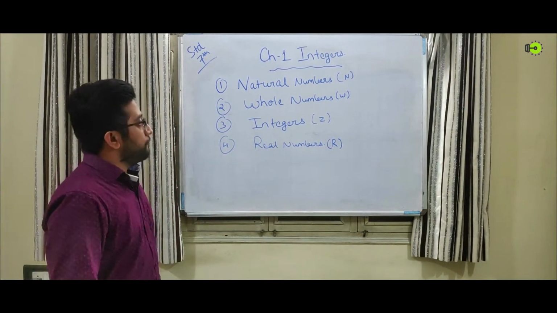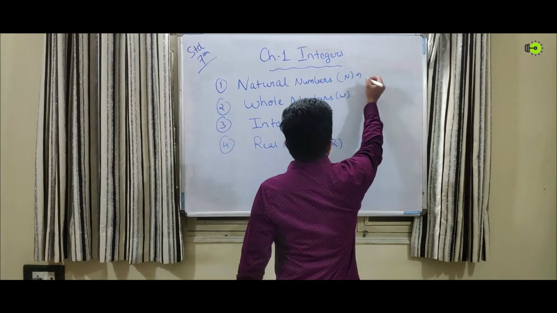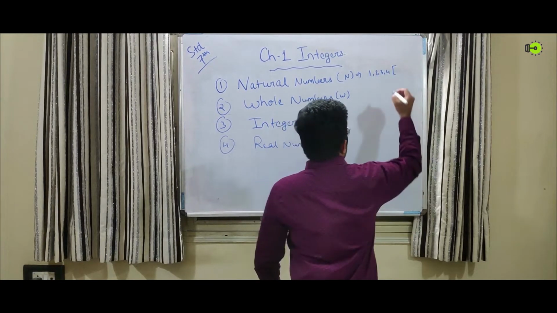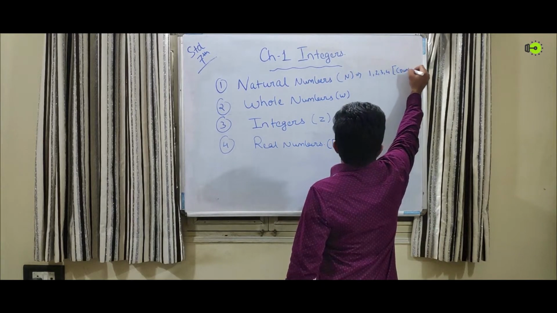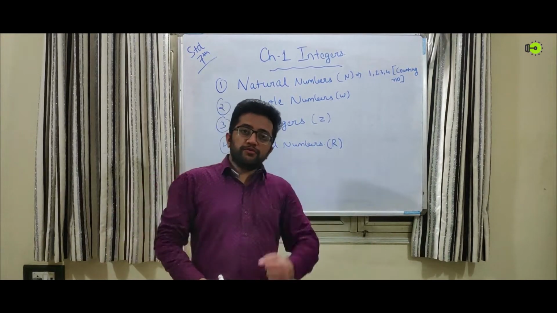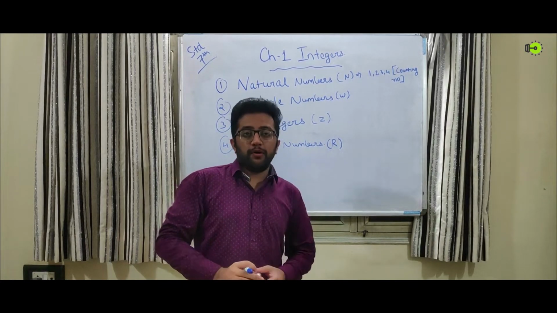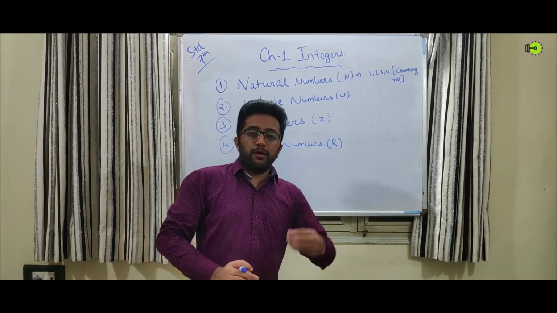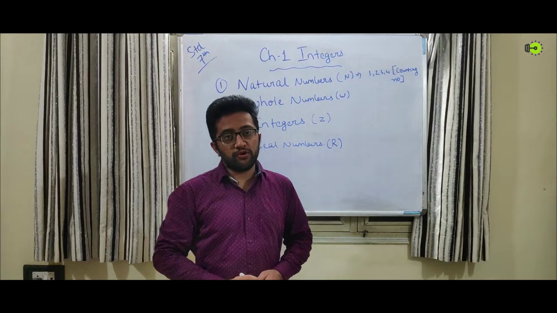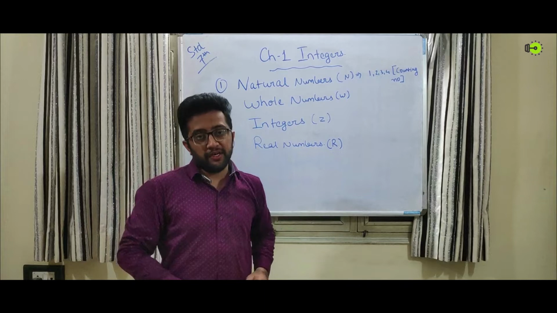Now, if we look into natural numbers, they are such numbers as 1, 2, 3, 4. We can say that these numbers are counting numbers. What do we mean by counting numbers? The numbers which you can count, which you can assign a count, for example, there is one pen, two mobile phones. You can quantify a particular thing, which is known as counting numbers, also known as cardinal numbers. So natural numbers consist of 1, 2, 3, 4 and so on up to infinity.